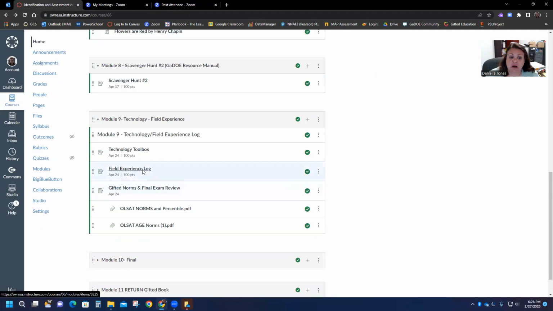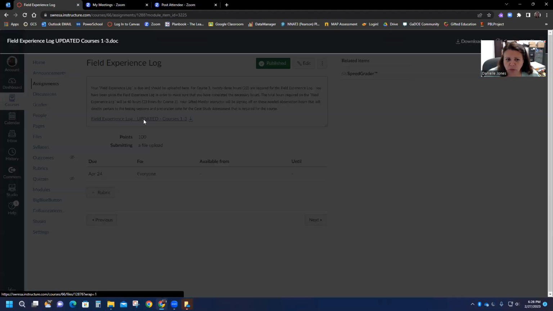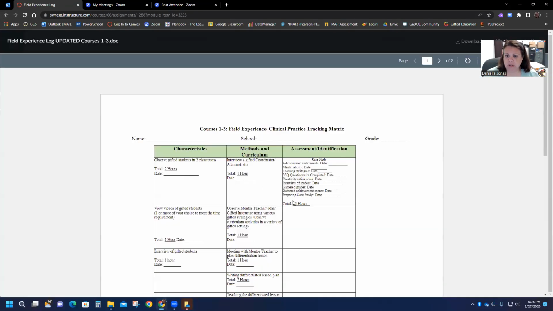And the field experience log is a little bit different this time. It needed to be updated. We changed the 3rd column. It is not like the one that you got signed off from your gifted mentor in course 2. So under this one, you would need to upload that course 1 and 2 log, as well as this new log as a separate